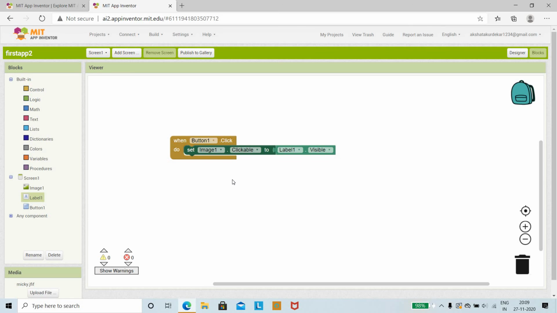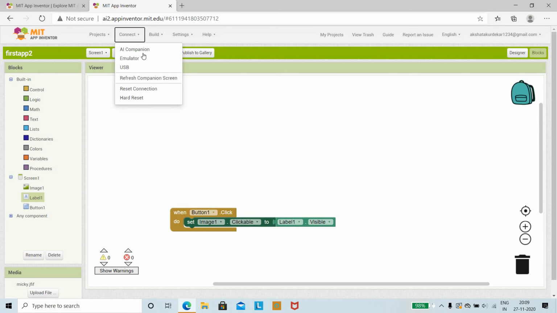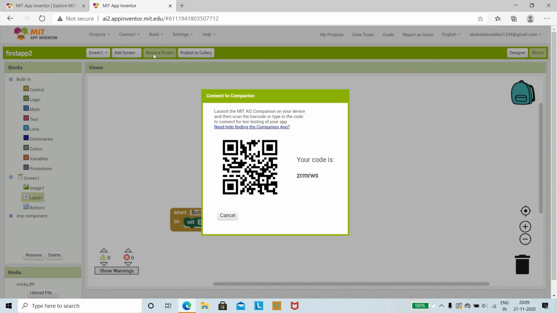So now we shall see the interface. So now we shall see the interaction with these components with your Android phone. So before seeing this, you are going to install the MIT App Inventor on your Android phone, and then once this is done, you are going to connect it with the AI companion. So then you are going to scan the QR code.